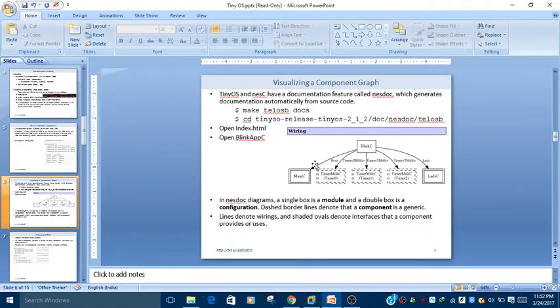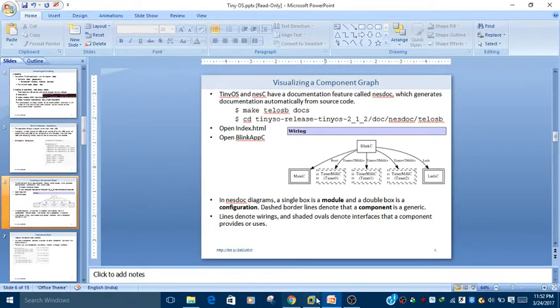Let me show you. This is the folder in the TinyOS directory. We have a doc folder. In that there is a nesdoc folder, and in this nesdoc folder there are different folders for the hardware. If I run this command for TelosB, it will create a directory with the name telosb. If I run the same command for MicaZ, then the folder created in nesdoc is micaz. So based on the hardware, the folder is created in the documentation.